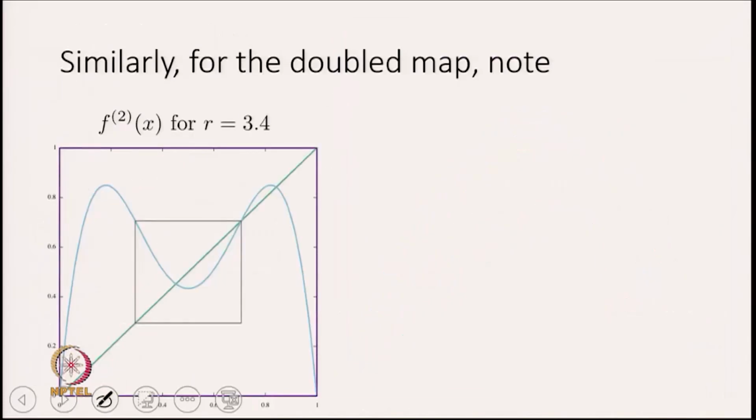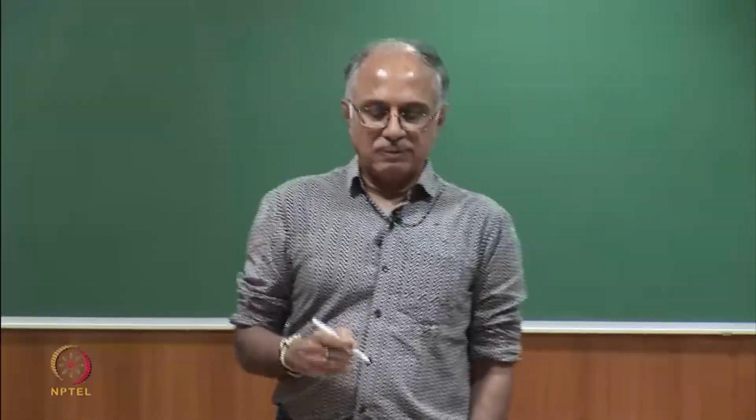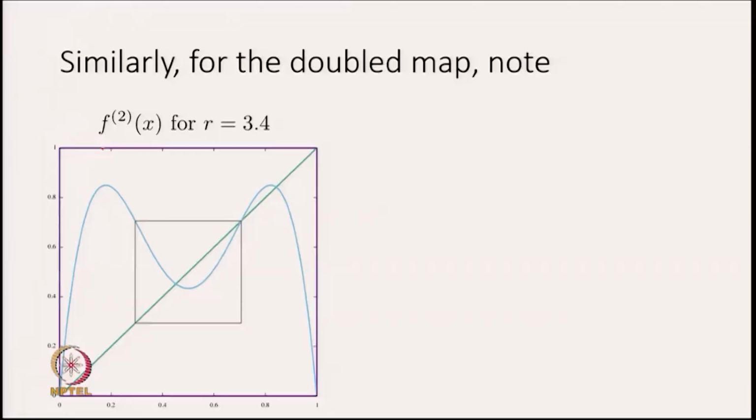Now, if you look at the doubled map f2 of x, and as we have discussed in earlier lectures, looking at the intersections of the map with the diagonal tells you the fixed points. So here are the two fixed points of period 2. If you look at the doubled map, let us say at a value r equal to 3.4, notice the inner part of the map,